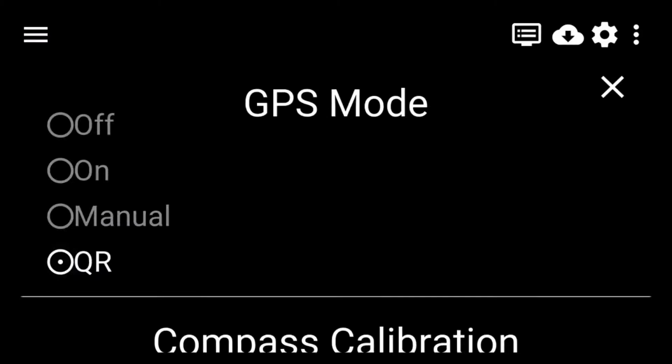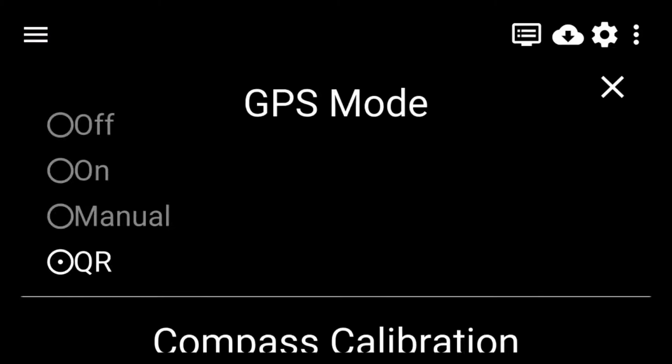Alternatively, you can use the QR code mode, and this turns on a little QR code function in the main viewer. And similar to the manual function, it's just going to force you to be at a point. It doesn't dynamically update as you move around, but as long as you're snapping QR codes wherever you are that have your coordinate position, the app is going to adjust accordingly. And you can generate QR codes for the app on our website, leapfrog3d.com. We have a QR code generator just for this, and it's a really handy thing to do if you're going to be going to the same kind of survey point over and over again.